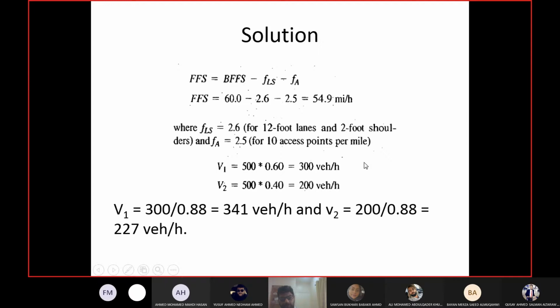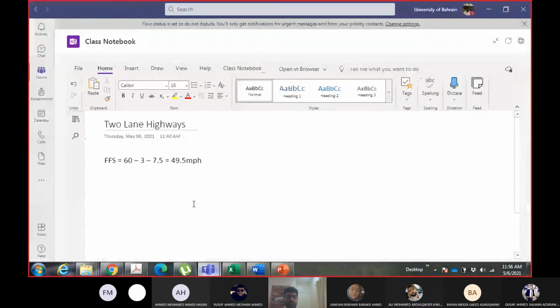Now I will do the remaining calculation with you, because it's complicated. If you do it with me, it will be easier for you to understand, I think. We have the free flow speed. Now I need the flow rate in passenger cars per hour for each direction. We will call it VD1 and VD2. It is volume divided by peak hour factor times FG, the gradient factor, times FHV. Let me just call it VD for the time being. This is a general equation. We put the values later on.